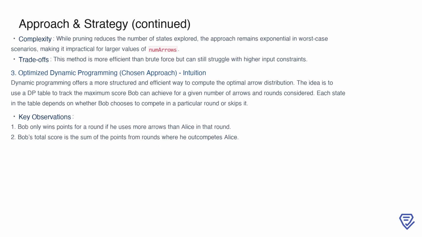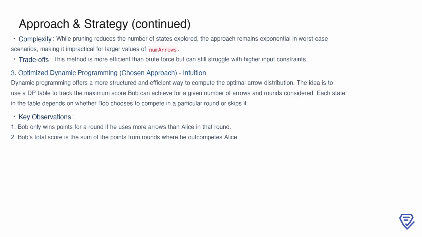The intuition here is to define states that represent the maximum score Bob can achieve with a specific number of arrows distributed across a certain number of rounds. The key insights are that Bob earns points for a round only if he uses more arrows than Alice in that round, and his total score is the sum of points from such rounds. By breaking the problem into smaller overlapping subproblems and solving them iteratively, we can avoid redundant computations. This structured approach allows us to address the problem more efficiently than the earlier methods while still guaranteeing an optimal